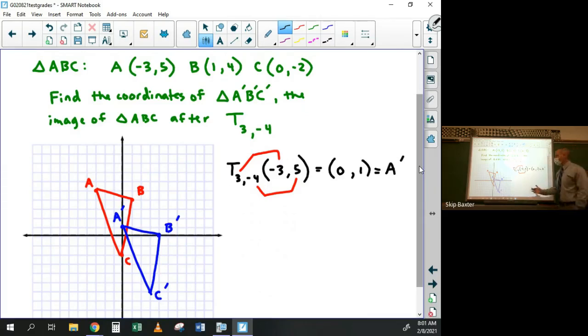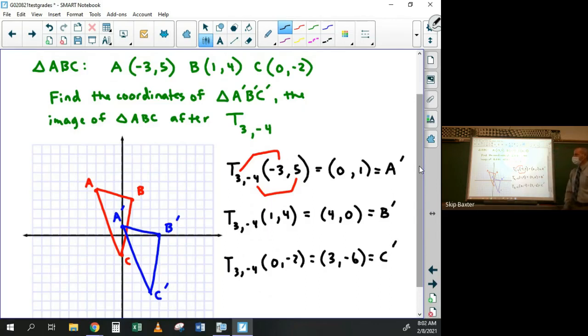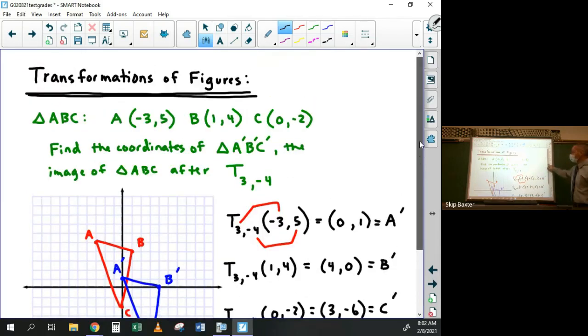And we could have just done that for each point individually. If I took the translation, 3, negative 4 of the point 1, 4, same thing, just add. You get 4, 0. That's B prime. If I took the translation, 3, negative 4 of point C, 0, negative 2, this ends up being 3, negative 6. That's C prime. Okay, so that's kind of easy, right? That's the first thing. The second thing then would be